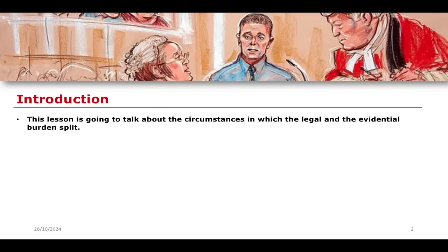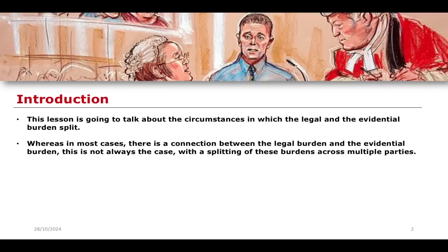We're also going to be reminding ourselves of the basic principle of the presumption of innocence, as cited in the case of Woolmington versus the Director of Public Prosecutions. We'll talk about that case, we'll talk about the influence of the golden thread principle, and we will think about some of the defences that place an evidential burden onto a defendant. And then in the next lesson, we're going to talk about the impact of the Human Rights Act and the European Convention on Human Rights in this particular area of criminal evidence law.